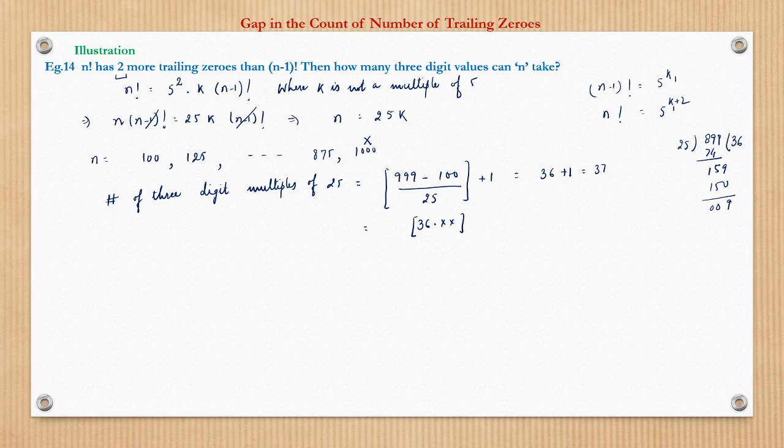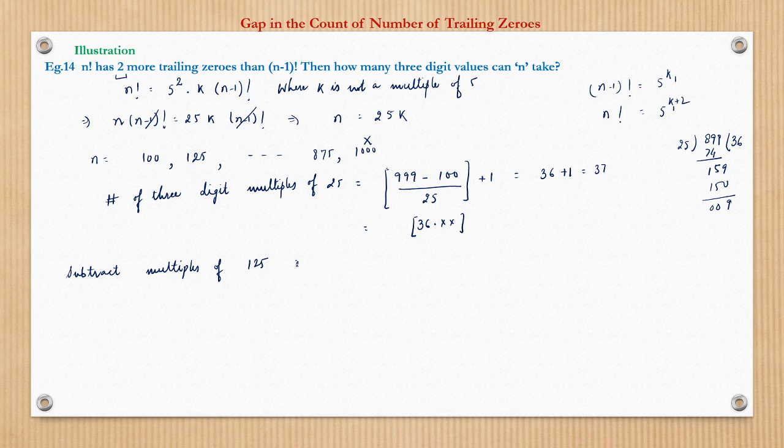Now let us see. So these are the 3 digit multiples of 25. But this also contains those numbers which are multiples of 5 raised to power 3, and we don't want 5 raised to power 3. We have written k should not be a multiple of 5, whereas here, if 125 is such a number, then k is equal to 5. So those numbers we need to reduce. So subtract multiples of 125, right?